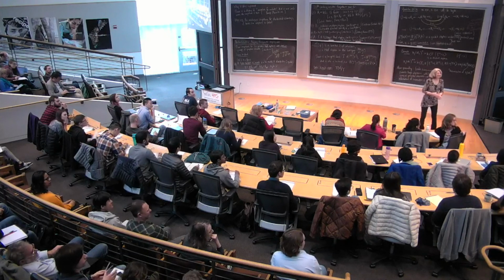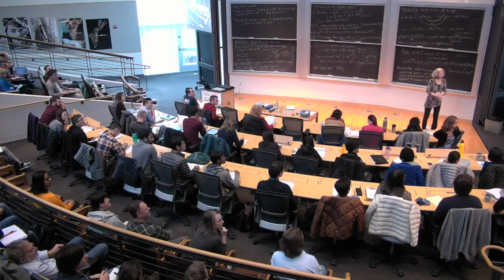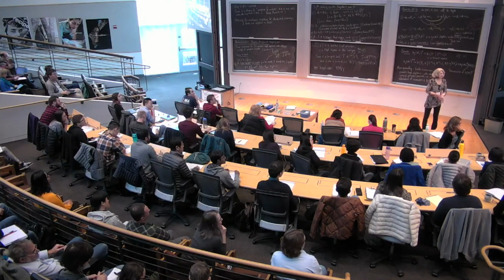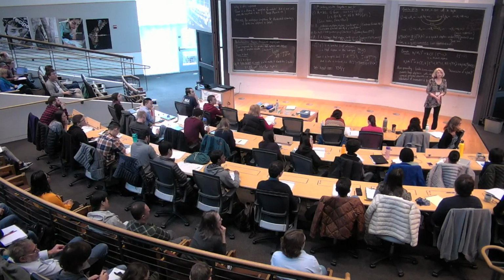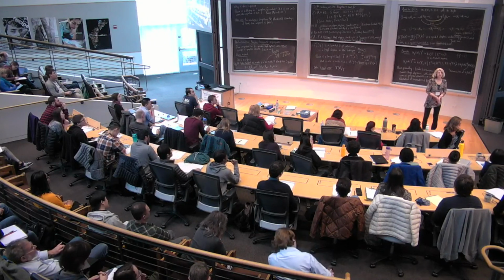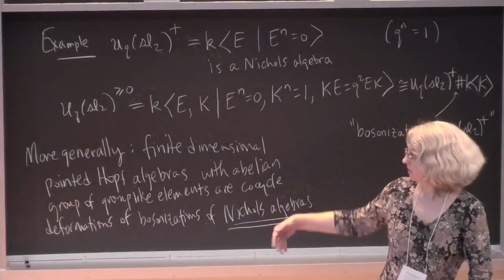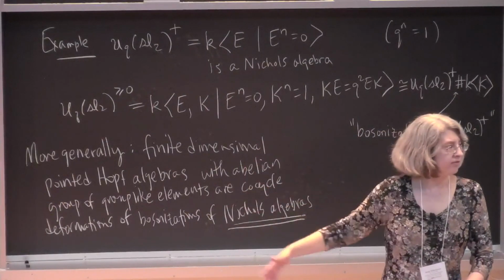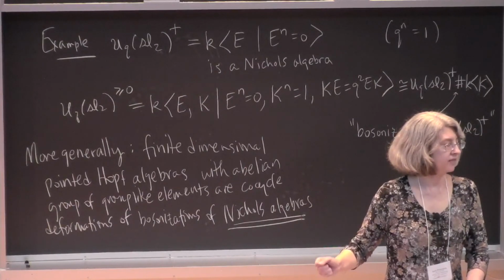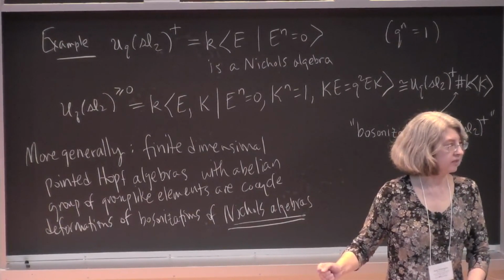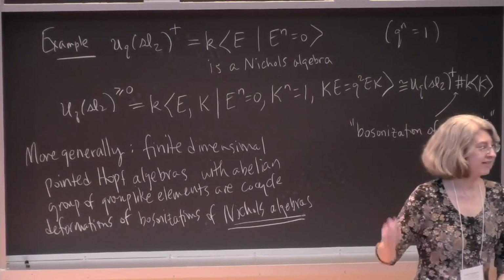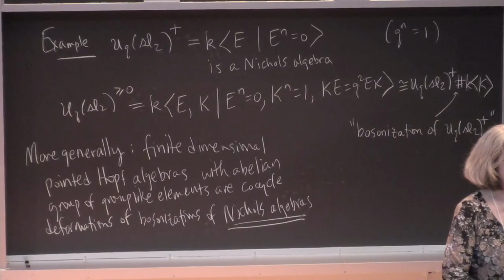Okay, yes. Is it known that the conjecture is stable under co-cycle deformation? That's a good question. We handled co-cycle deformations through a Drinfeld double construction. So I'm not sure if that statement is known to be true the way you would hope, but I have to think about that. Maybe ask Nicolas. He would remember the latest.